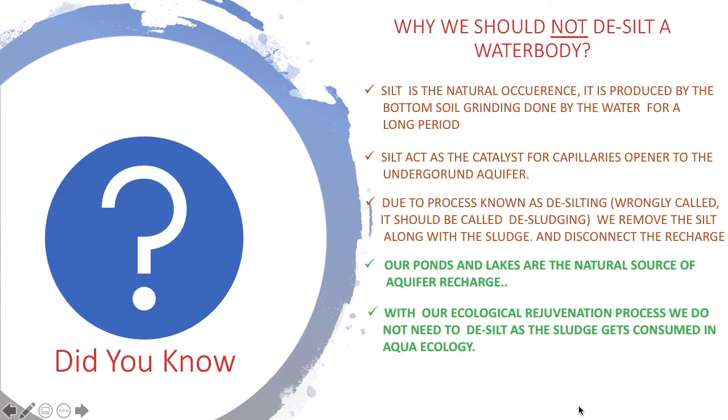So all the surface bodies are by default rain water harvesting apparatus. In the next series, I will also talk about why rainwater harvesting is not good or should not be used for the so-called aquifer recharge purpose, because they are not actually doing that, right? So we will talk about that more in the next series.